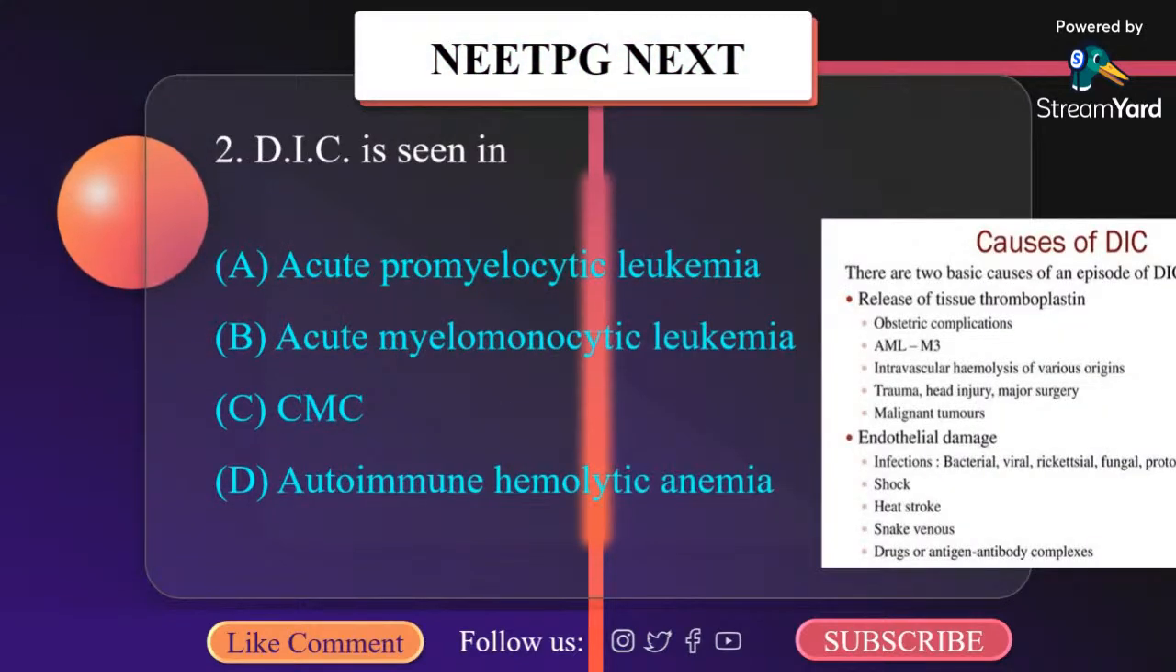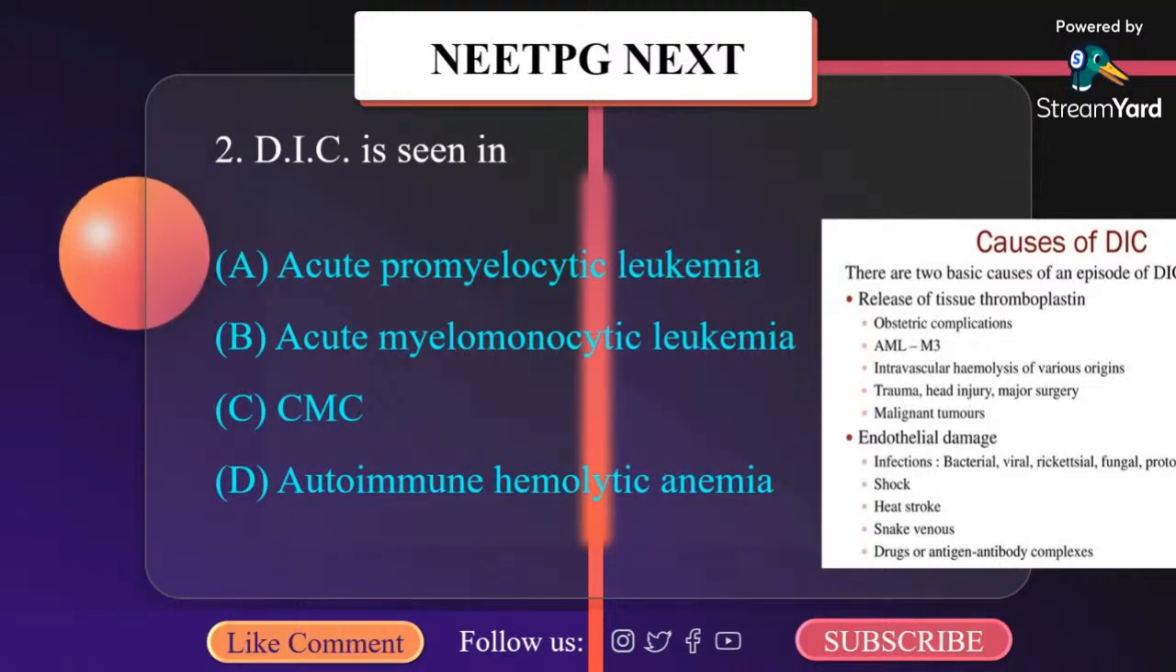Malakoplakia. DIC is seen in what? DIC is disseminated intravascular coagulation. A. Acute promyelocytic leukemia. B. Acute myelomonocytic leukemia. C. CML. D. Autoimmune hemolytic anemia. Now, this DIC or disseminated intravascular coagulation is associated with